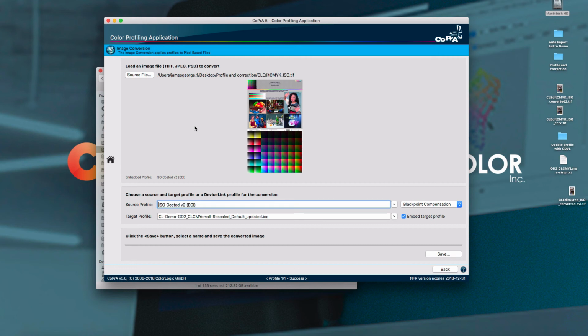So this would be a similar conversion to Photoshop. So you would have an ISO coated reference and you're going to convert to our updated profile without the benefit